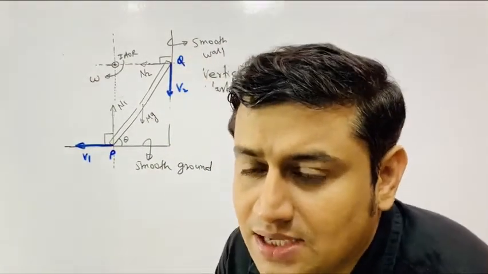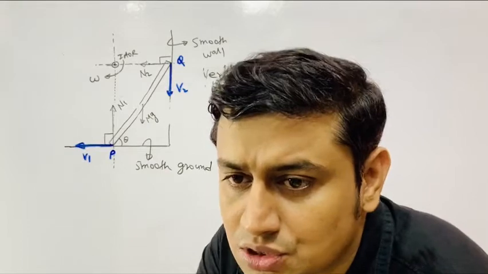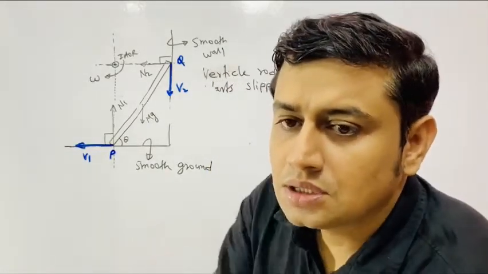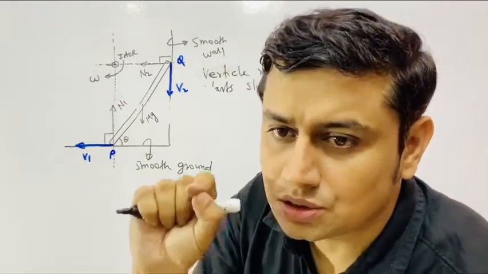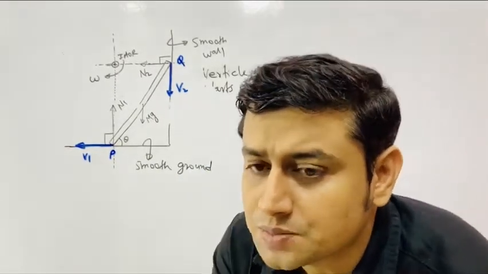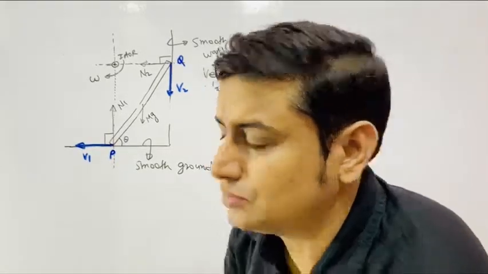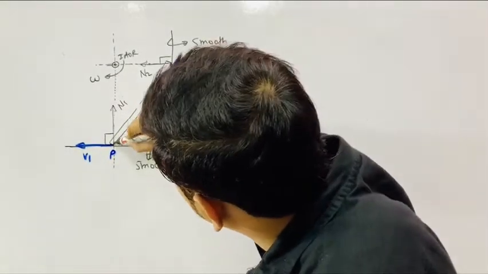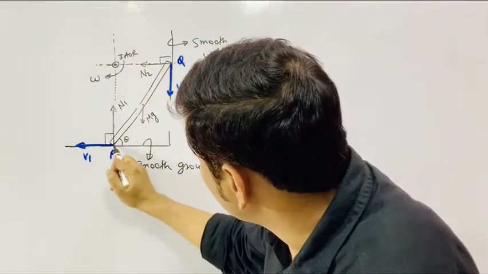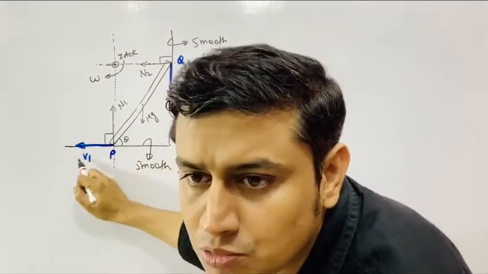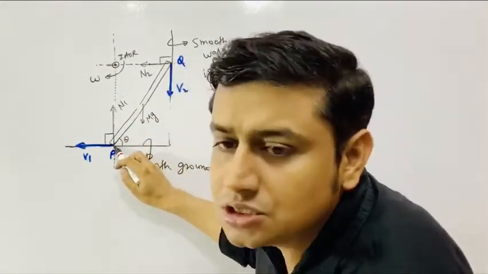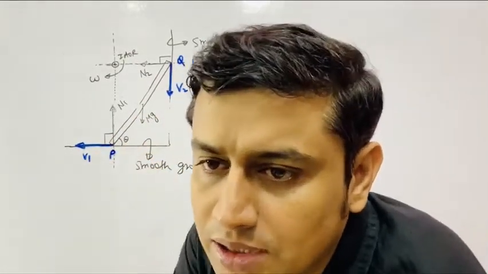Work is defined as force dot displacement of point of application of force. Work is defined as force dot dr. Dr vector is the displacement of point of application of force. Now understand, here the normal is acting upwards, vertically up, and the point of application is always moving horizontally. So the dot product of N1 with this is 0. This normal is not doing any work.